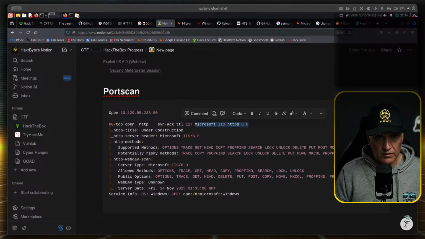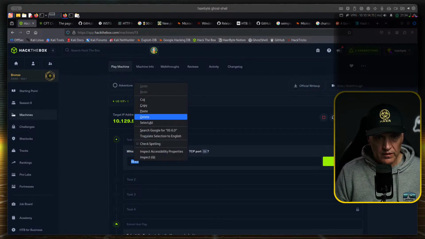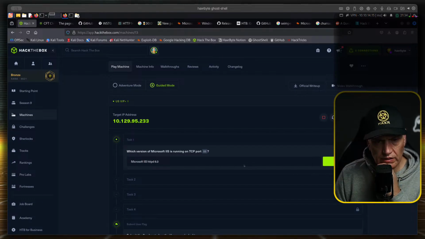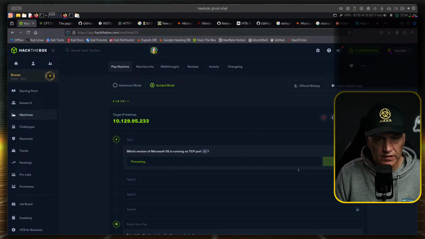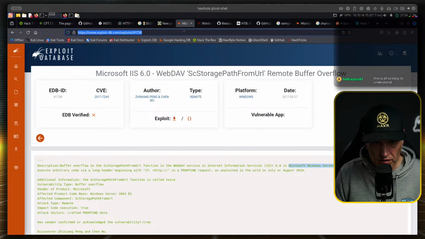I need to go and copy the flag again. I'll do that now. So you learn. Which version? Oh, 6.0. Need to read better. Okay, which abuses a buffer overflow, allowing... which 2000s? It was this one, right?